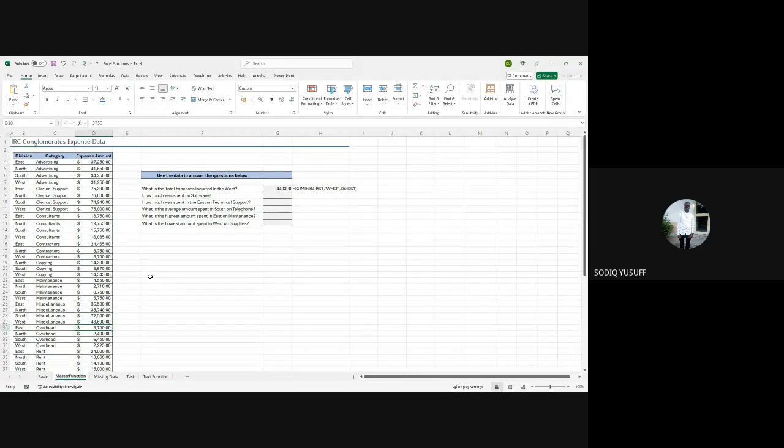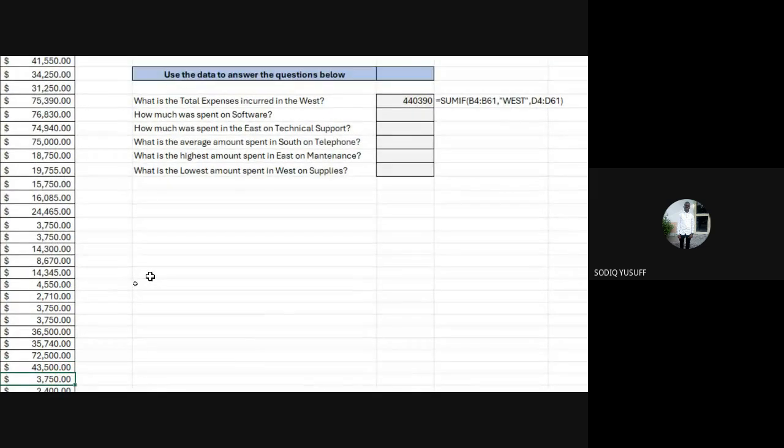Okay, so to test everyone's understanding, now forget the question that you have in that chat, in the worksheet. I want you to find the total expenses incurred in the notes. Type the answer in the chat.